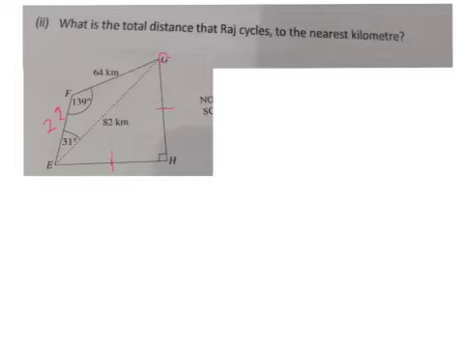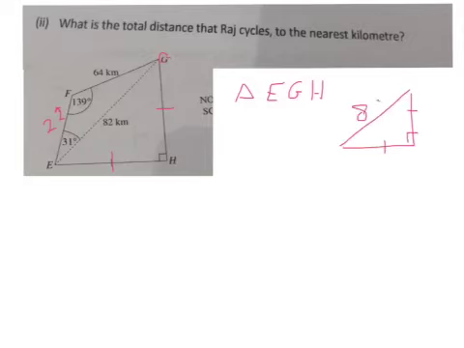So we need to look at the triangle EGH. As you notice, it's a right angle triangle and it's isosceles, two sides are equal, and we're given the hypotenuse, 82 kilometers. So thinking back, they've learned Pythagoras theorem can be applied in this case to find the missing sides, which are EH